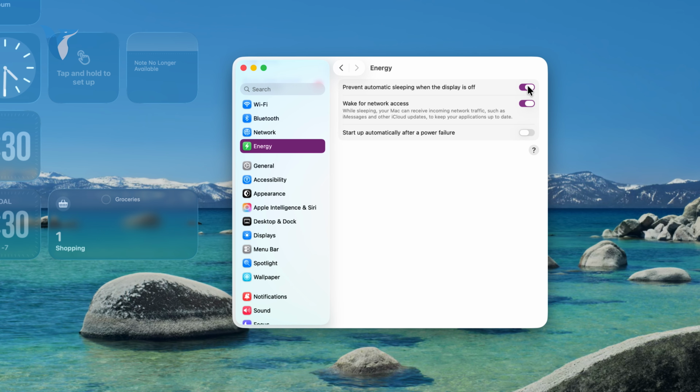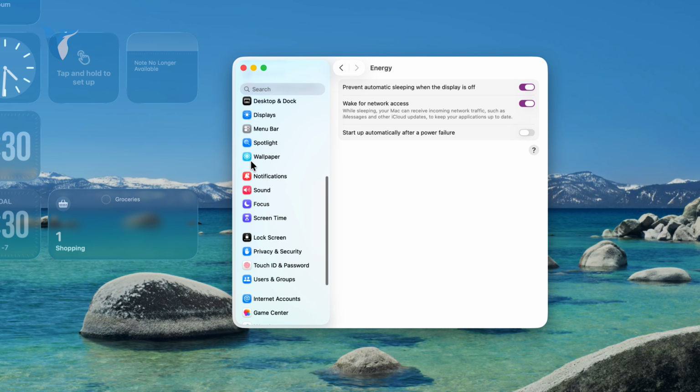And when you have this toggle enabled, it just means that even though the screen might be black, some things like running downloads or uploads or whatever else is going on is still going to continue. So that's how we can prevent the Mac from sleeping and making sure that the things are still going on in the background. But that's just the first part of the story, because you can go below and click on